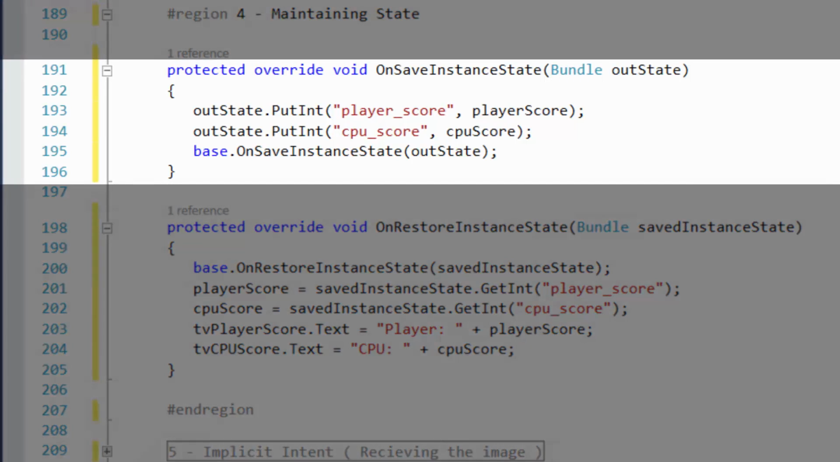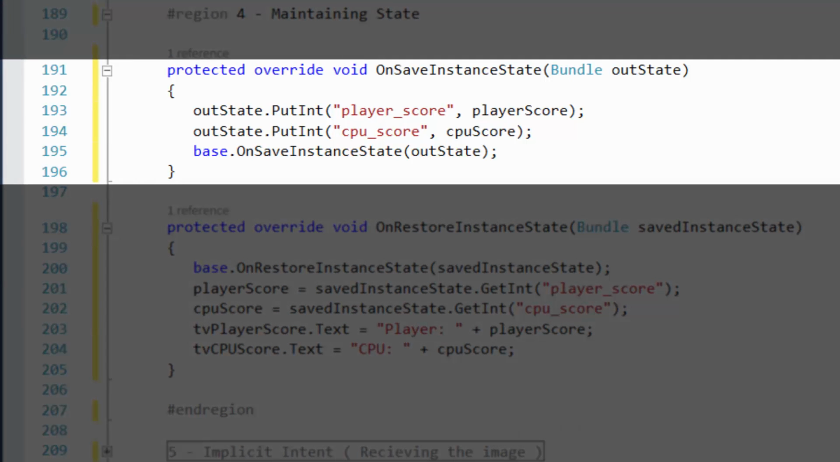First, for saving the state, I just need to keep track of the scores. Scores are simply integers, so I use the method putInt. I store the integer value of the player score for the key player_score, and the same thing with the CPU score. Notice here I've called the base class's method after manipulating the bundle. So this method basically receives the bundle, adds two other things to it, and then passes it to the base